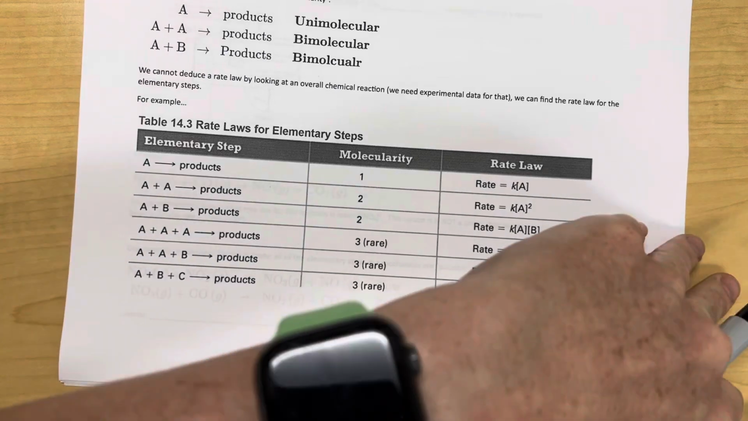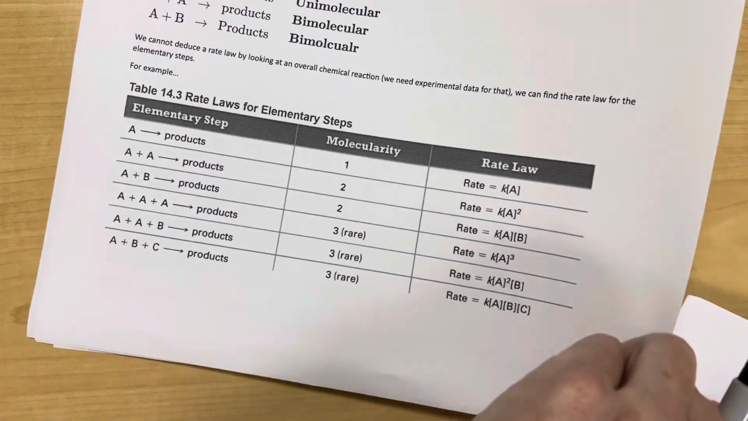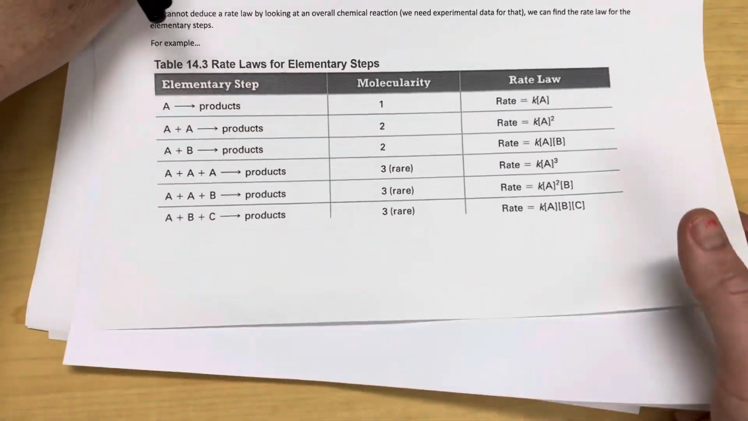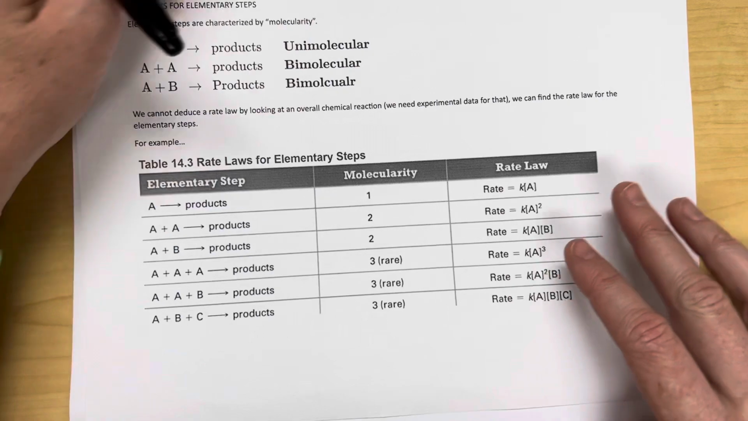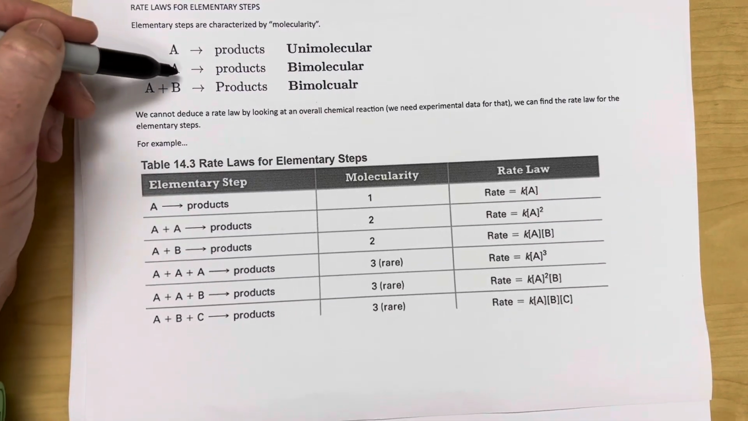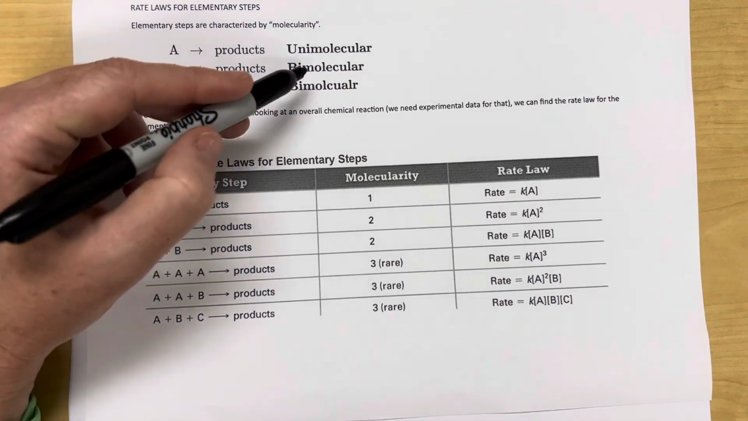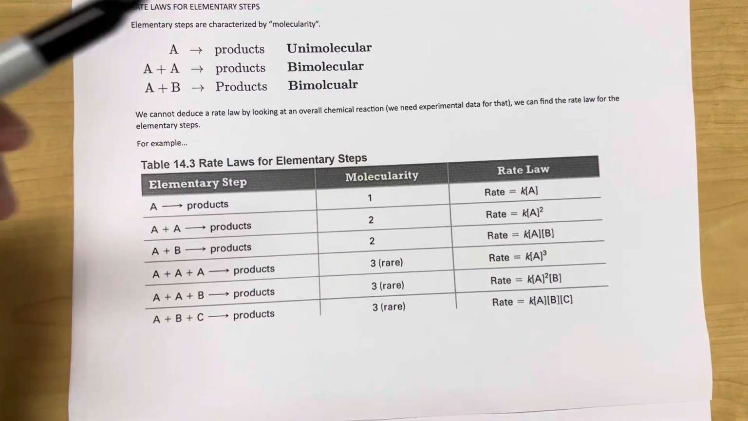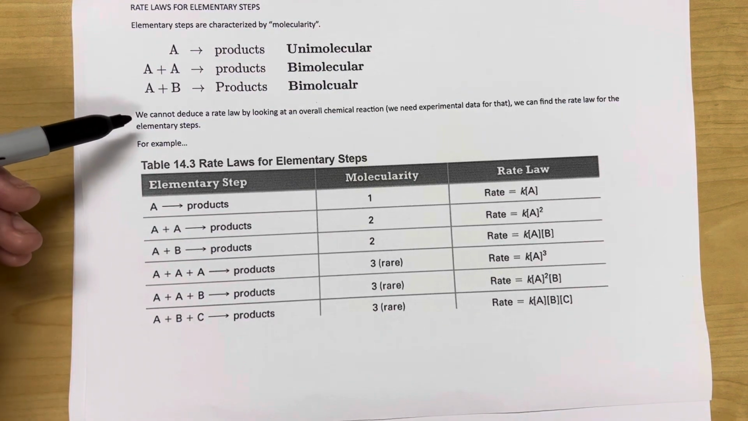So elementary steps are characterized by the molecularity, so if there's one thing going to products, it's unimolecular. If it's 2, it's bimolecular. If it's another different 2, it's still bimolecular. You know where we're going with that. But